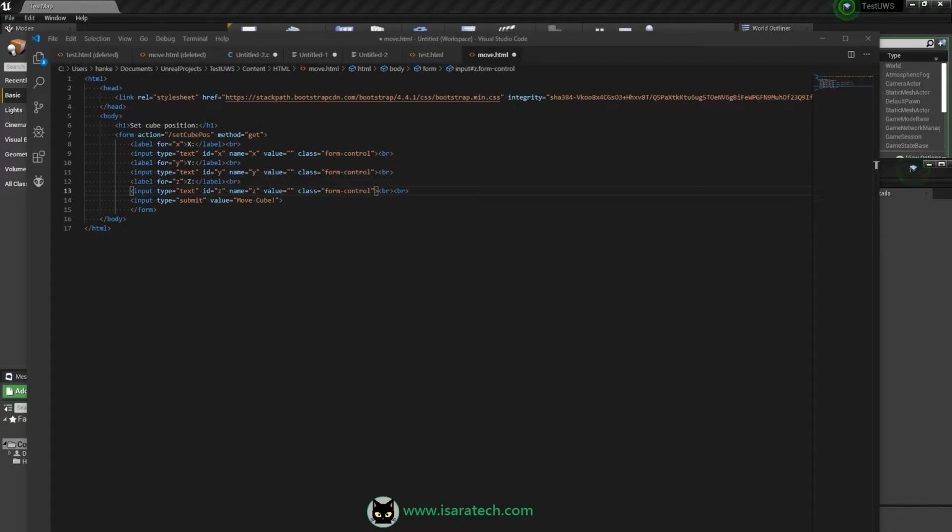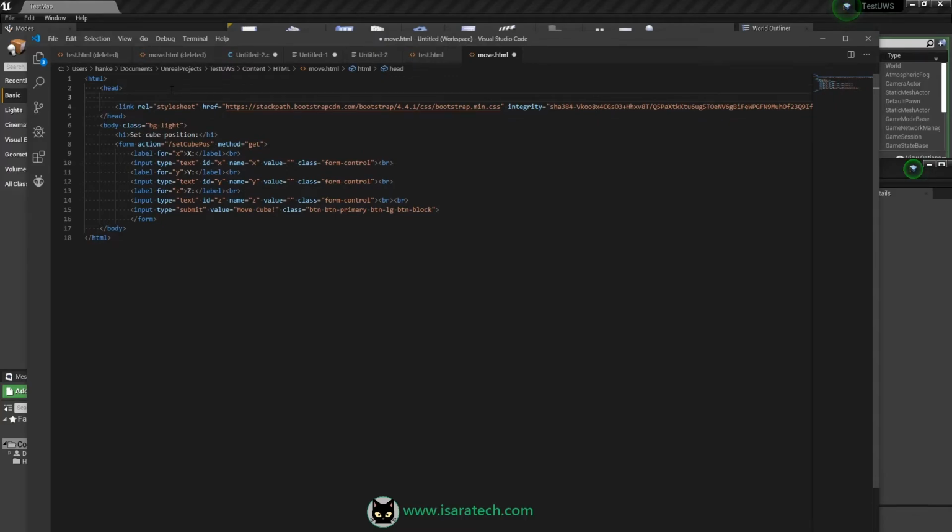Here I can add btn-primary to have a blue button, btn-lg, btn-block. I can add a background using a light gray color. I can also set a title to my web page, for instance, cube.